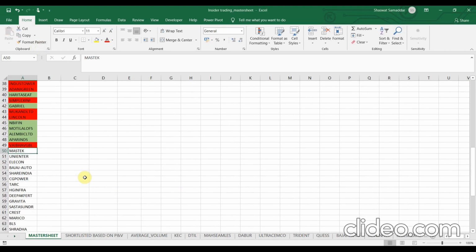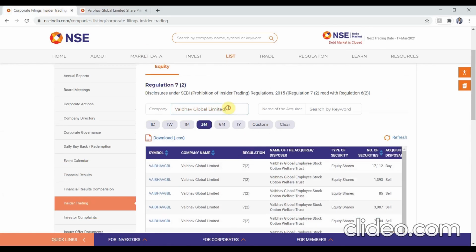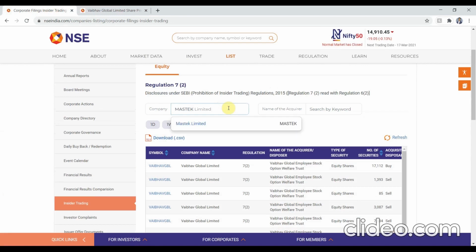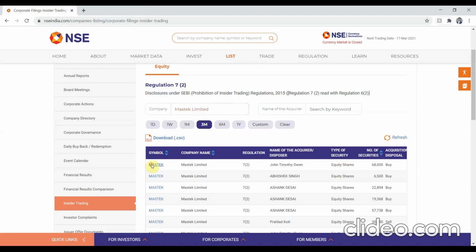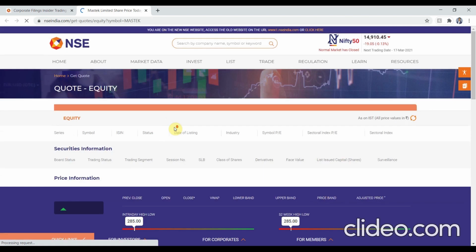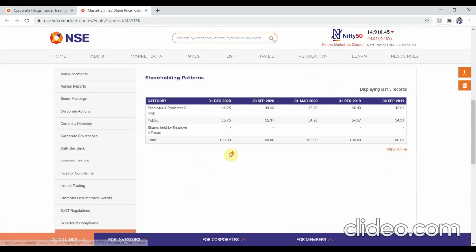Okay. Mastek. Please ignore if I'm pronouncing the symbol names or company names wrong. I do not know the pronunciation of each and every company. Pardon me for that. Mastek Limited. Check the corporate information. Shareholding pattern.